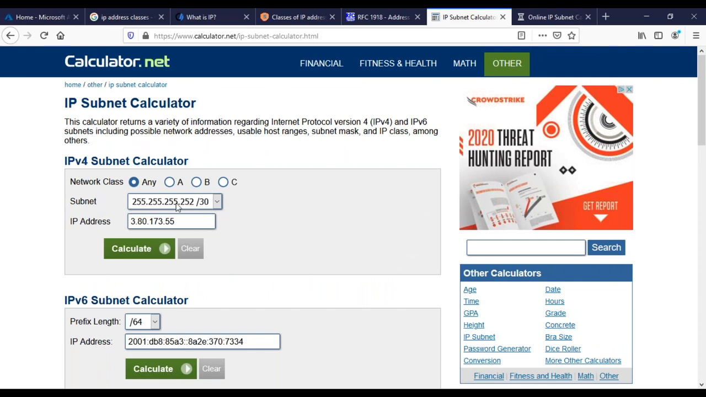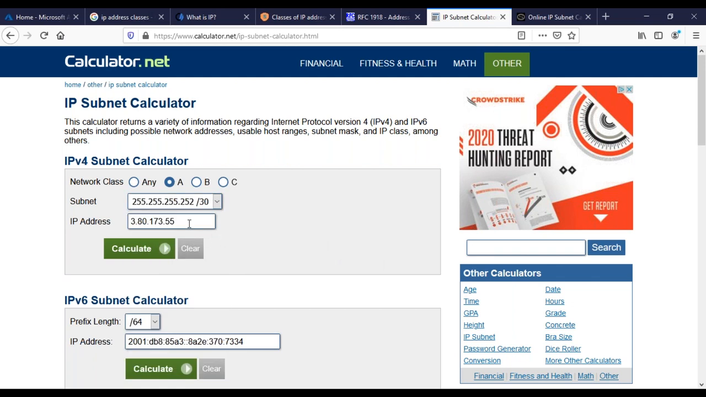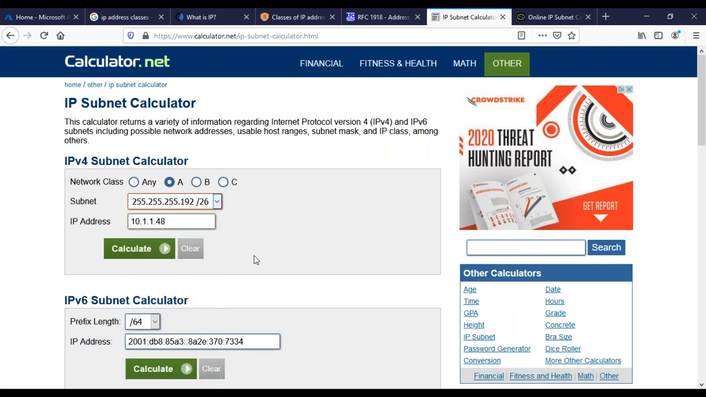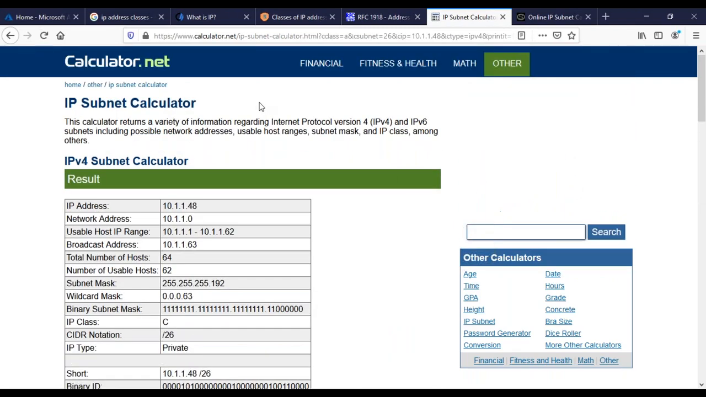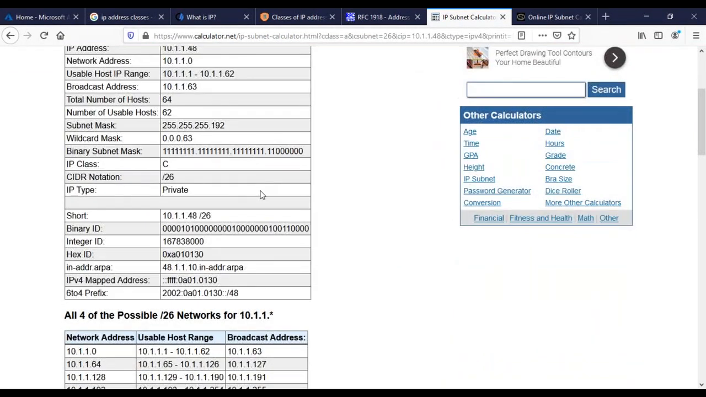All right, I'll come here. Let me show. I'll say class A. And what I'm going to do is give an IP range here, something like 48. So I'm going to say 10.1.1.48. Okay, and I'm going to say, for example, if I give /26, by the way, if I say calculate,